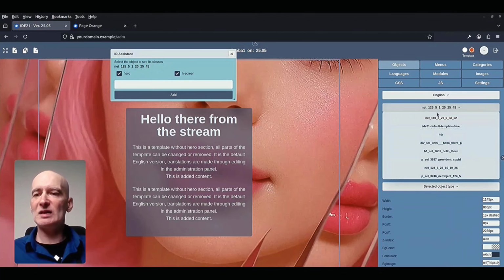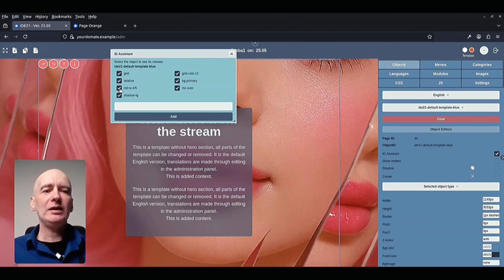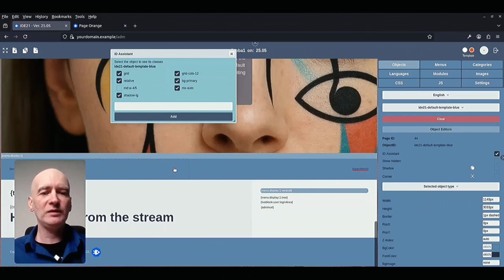We only need to select the main wrapper for the template, which is this one, and as you can see, we have this MD W4/5 class, which we will remove. And by removing it, you have removed the Tailwind CSS class that limits the width of this template.